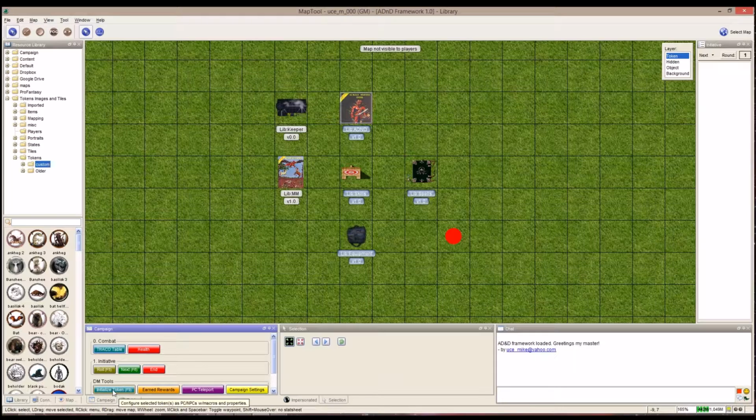For initialize token, you'll select a PC or NPC token, click initialize, and we'll see more of that process later. Earned rewards, this is something I'm still kind of working on, but basically it'll display to you how much XP the players have earned for that particular encounter since the last time you've flushed the list of XP earned. PC teleport, what this does is when you click on it,